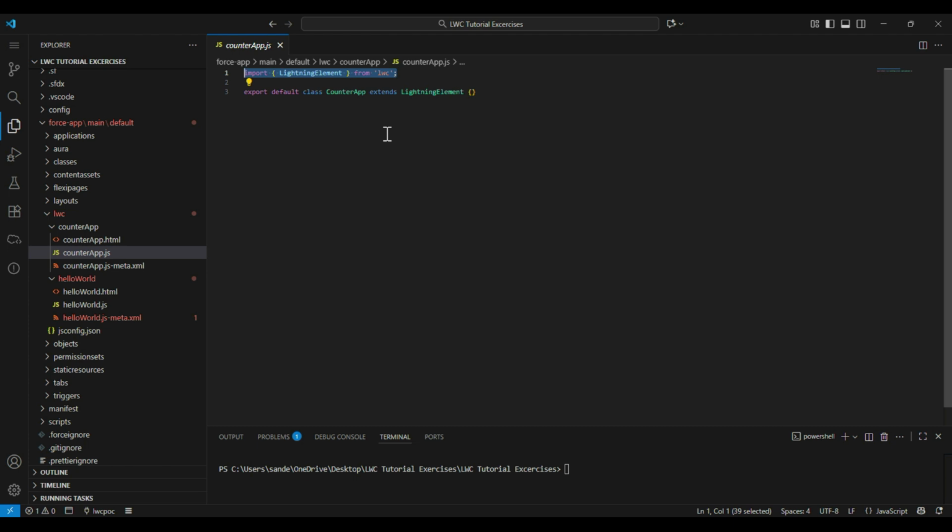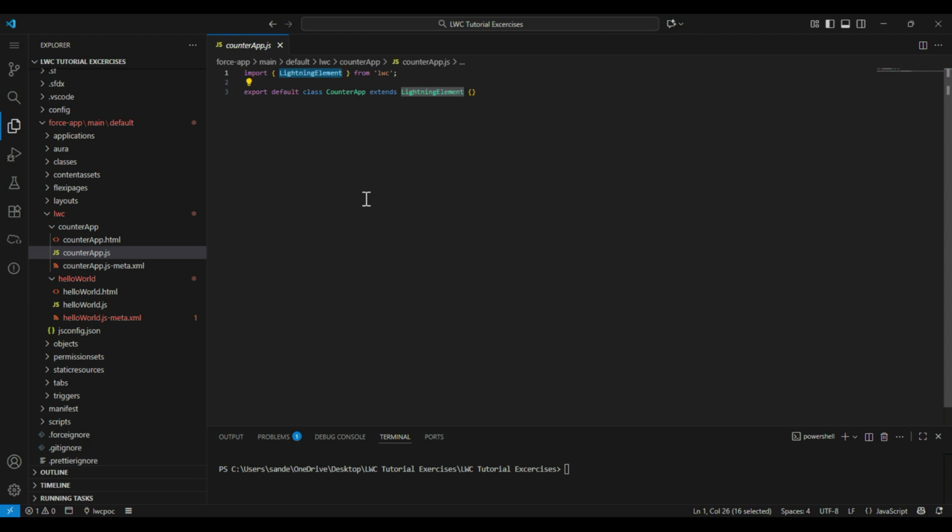So using this import we are importing lightning features, means LWC features. And using export means whatever we write we are exporting it so that HTML can use it,